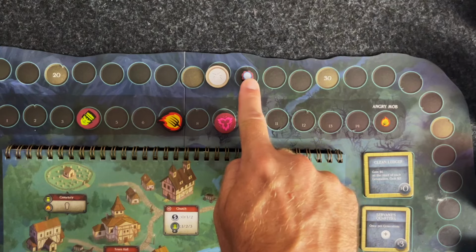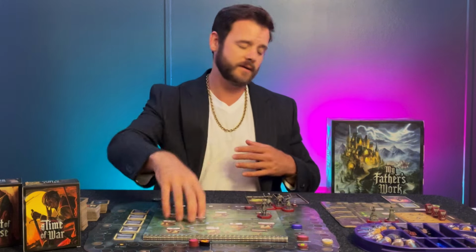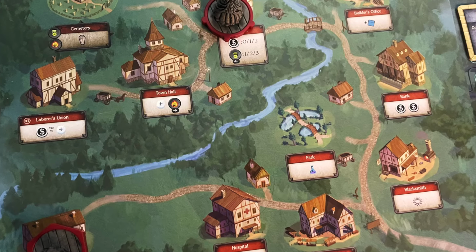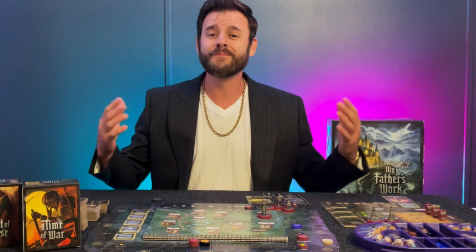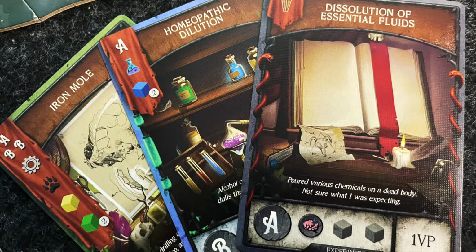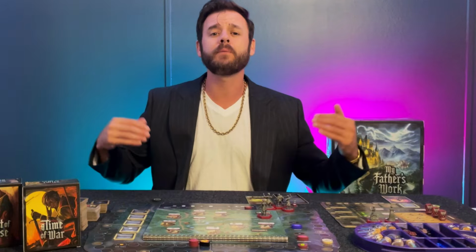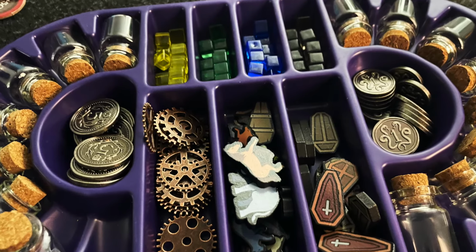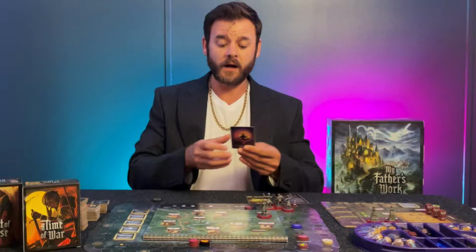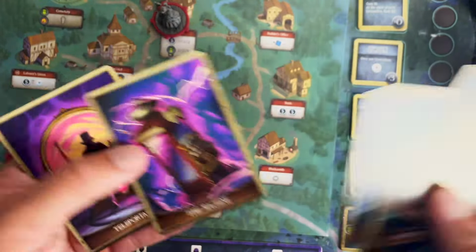The goal of the game is to have the most points. Whoever has the most points at the end wins. It's a competitive game with some cooperative components as you work around in a village. What you're trying to do the entire game is to gain points mainly by completing experiments and upgrading your estate. You're able to complete experiments by collecting the beautiful resources that come with the game. There's also the super cool Your Father's Major Experiment that you want to complete by the end of the game